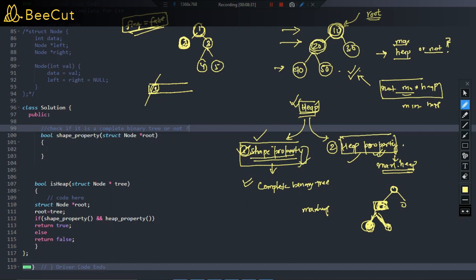So if flag becomes true, it indicates that... So wait, let me just write the code first so that you can understand it properly. If you just Google the problem of checking whether it is a complete binary tree or not, or better, I'll be creating a separate video for this. How do we check whether a tree is a complete binary tree or not? So that will be fine. Let me just write the code first.